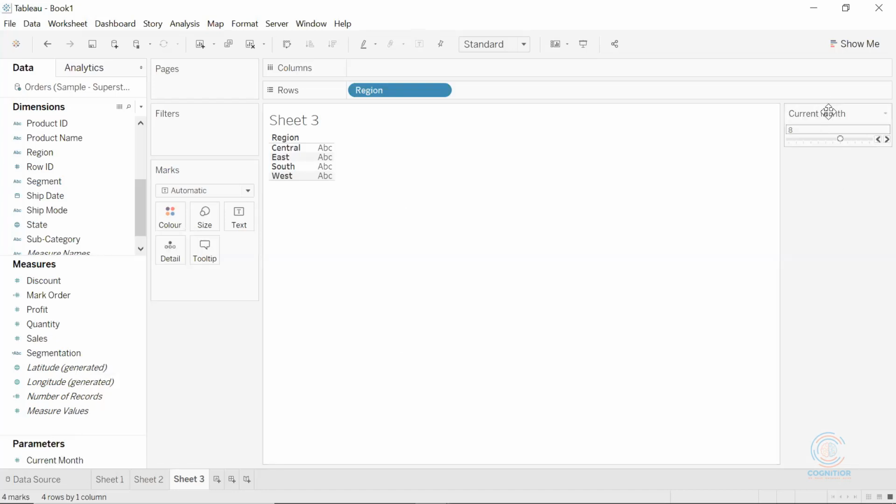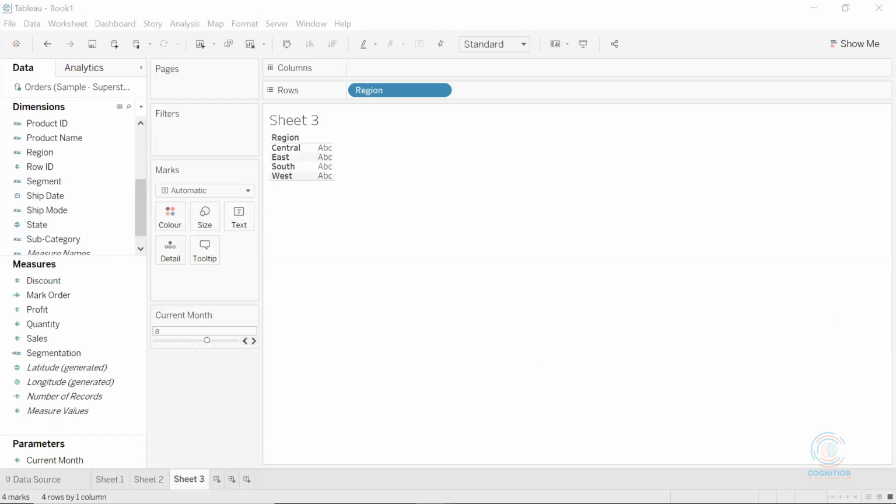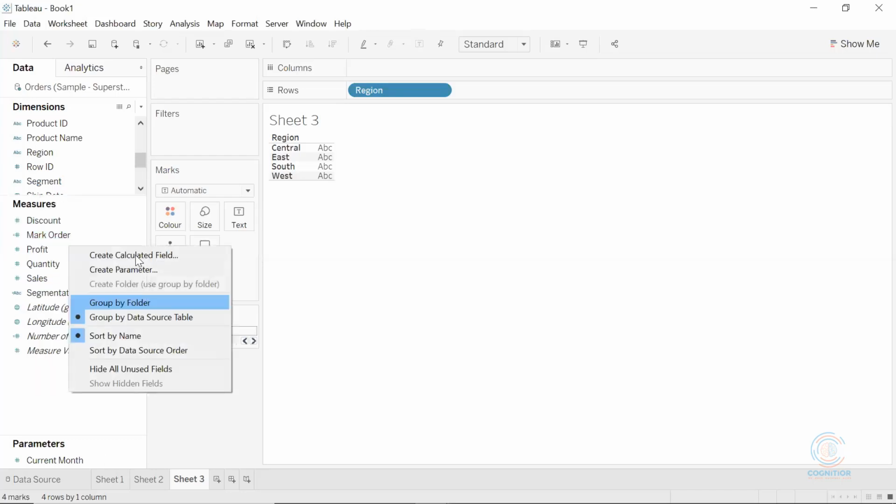You can see that I can choose the current month. Let's say I'm selecting 8. So it is August. So I selected the month as August. After that, we'll write one logic, which is nothing but